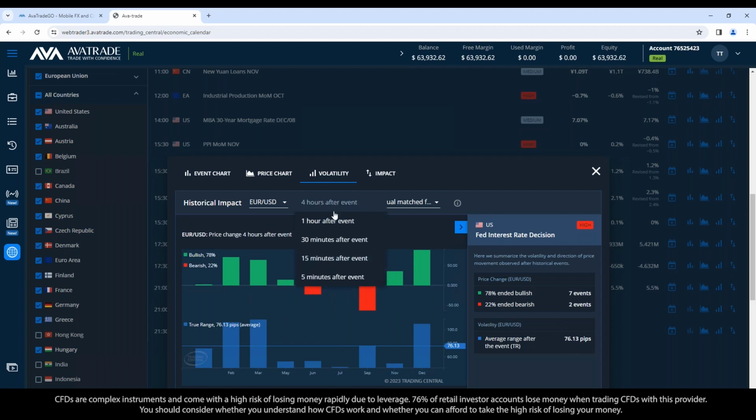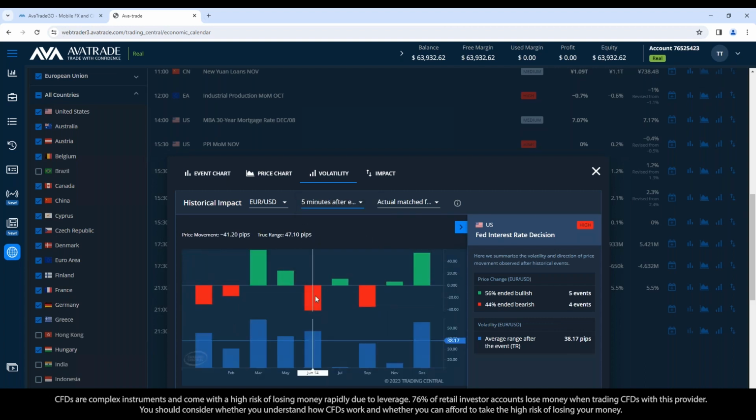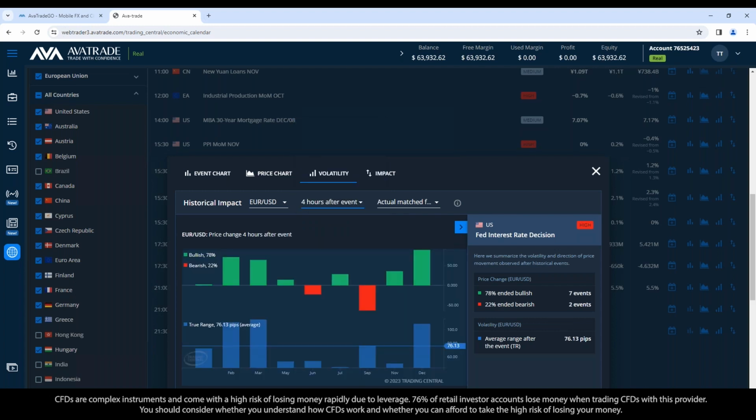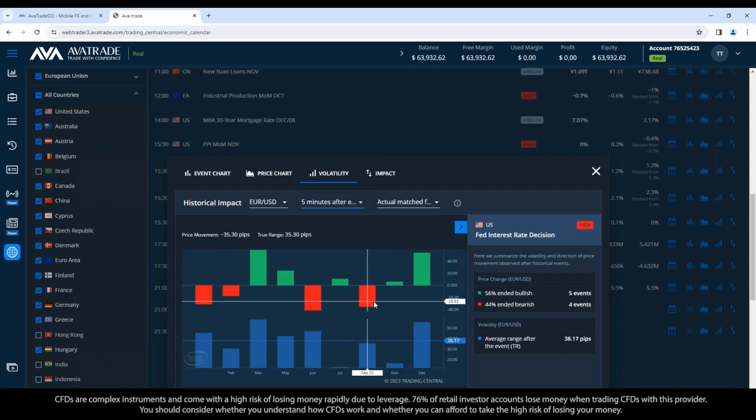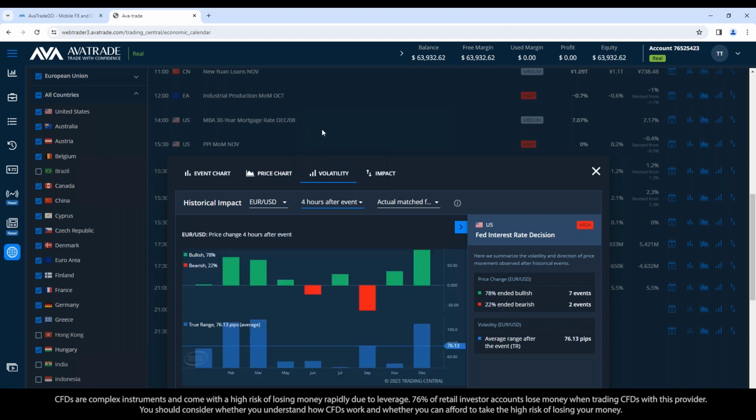And if after the first 5 minutes you get in at any of these entry points down here or these points here, after 4 hours, look how much further they moved. Okay, we're talking range movement 76 pips versus 38 pips. And a lot of this was downward movement, that 38 pips, giving you an even better entry point in that first 5 minutes. So again, this announcement would have been quite easy to trade on.